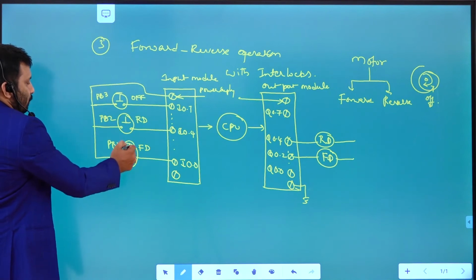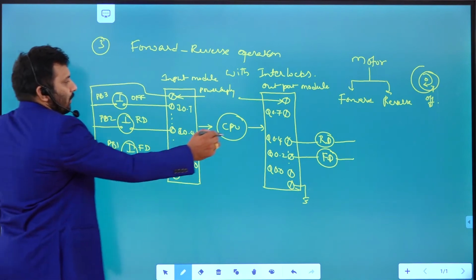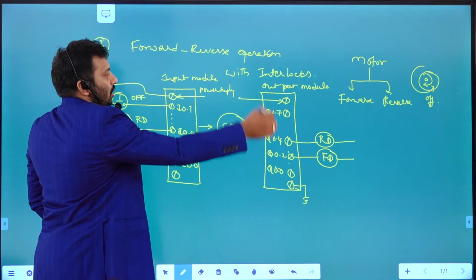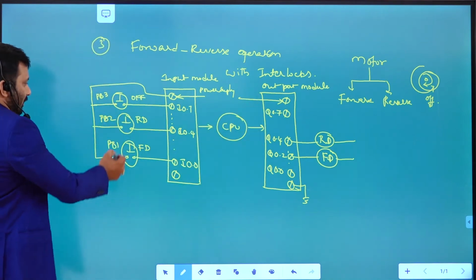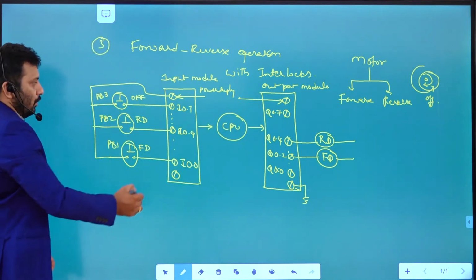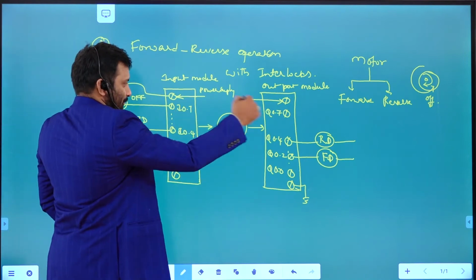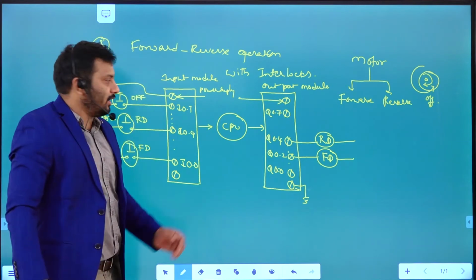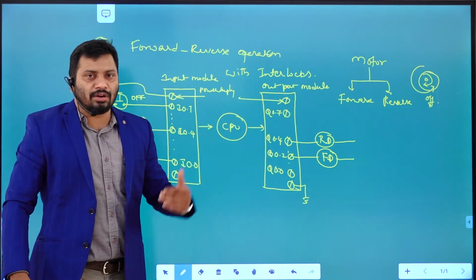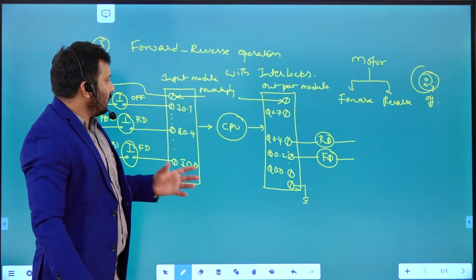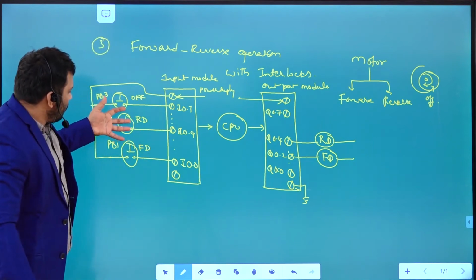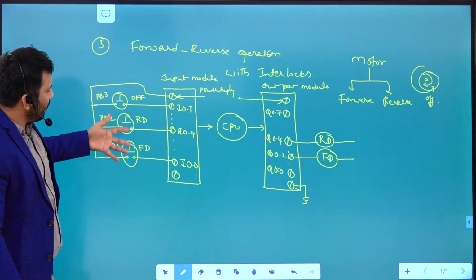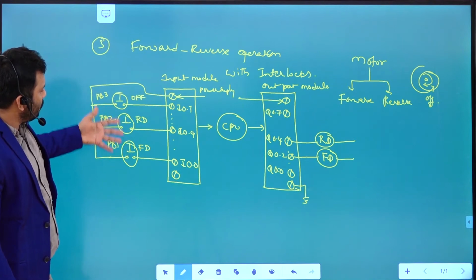If you push push button 1, the motor is going to rotate in the forward direction. If you push push button 2, the motor is going to rotate in the reverse direction. If you push push button 3, it is going to turn off. These switches may be any switches, but here you are going to use push buttons.